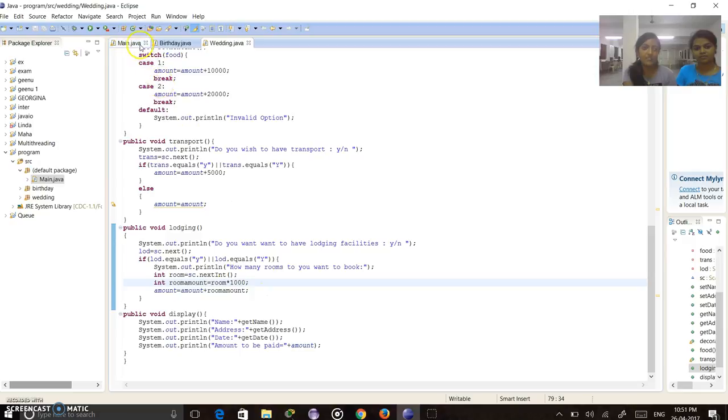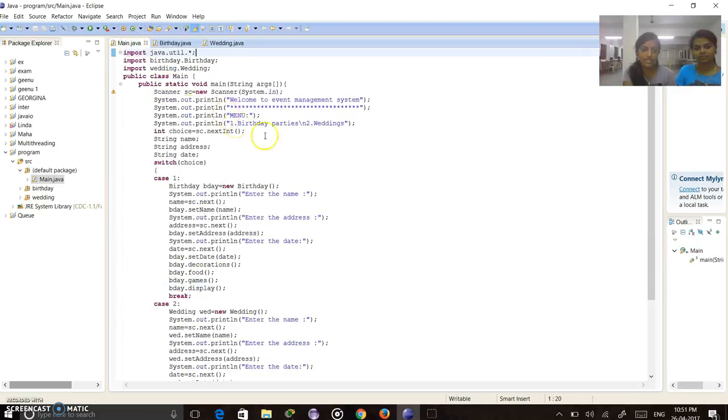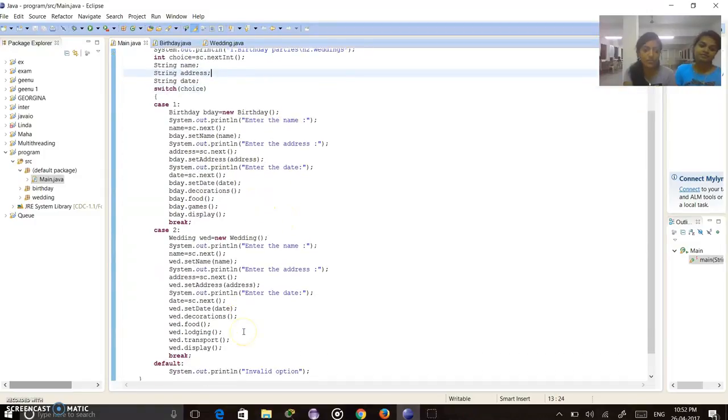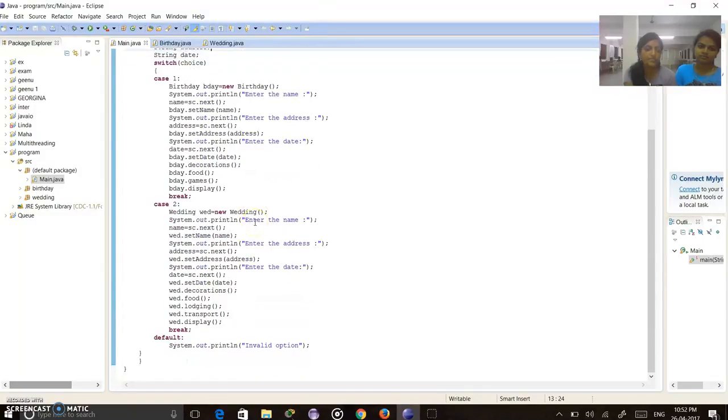And then I have a main method to test this. I'm simply displaying the menu. This is for the user interface, and after that if they choose birthday, then I ask them to enter the name, the address, and the date, and the same thing for the wedding. Here I have created the objects for Birthday and for Wedding, and I have called all the functions which I have used in them, and then I display the result. So now the output will be explained by the other